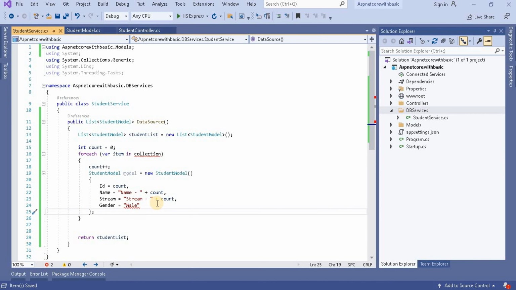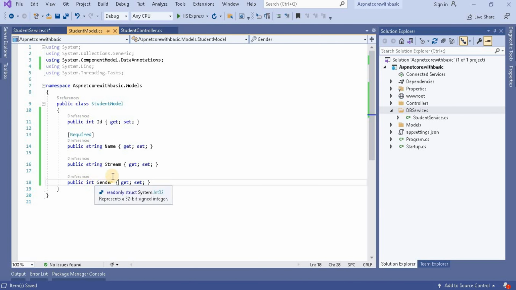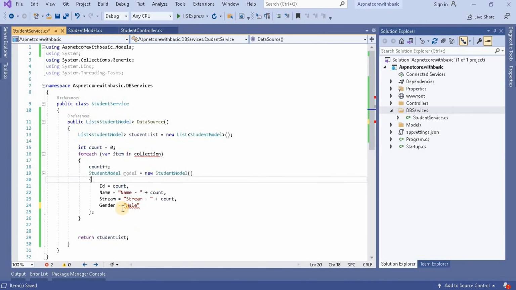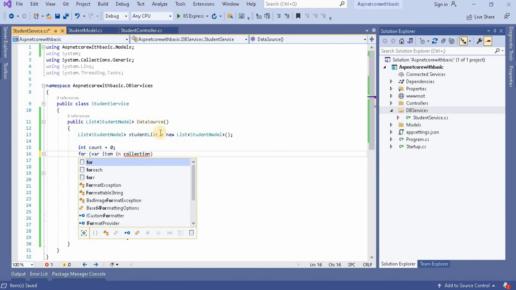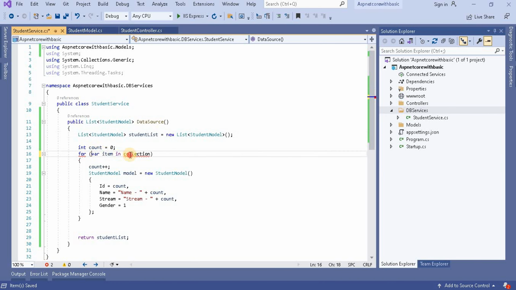So these properties I have added as of now. Currently gender is an integer, so we have to assign the gender as 1. As of now I have added 1. Instead of a foreach, I'm going to make a for loop.